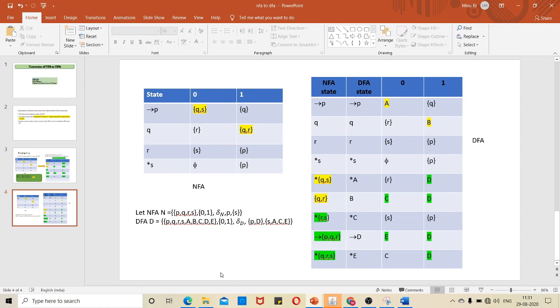Okay. So, now you can see that this is quite complicated, this DFA. It has so many states and certain states are repeating the same. So, in the concept of DFA minimization, we can minimize this DFA into a still more minimized DFA, which you can study from my other video. Thank you.